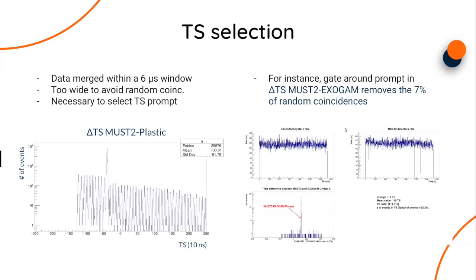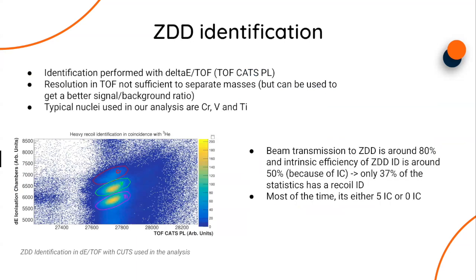Here I'm showing an example of how this analysis works, which means that by selecting the MUST2 EXOGAM prompt, I'm able to remove 7% of random coincidences that we had during the data. So first of all, it's important to remove these events that are not prompt and to do a good timestamp selection. Then the second step is to have a good 0-degree detection identification,